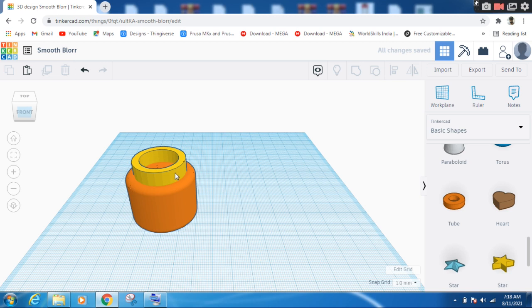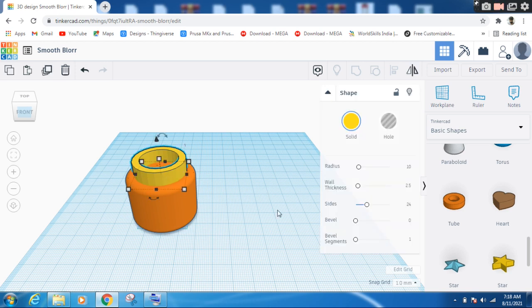Now I'm going to make this one also smoother. So let me make bevel segments 10. Here are wall thickness and side thickness.